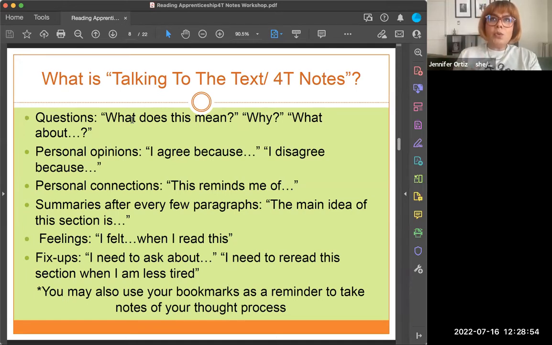Feelings. If you had a reaction to anything you read, keep track of that, like, this made me really sad, or this made me feel very inspired. Fix-ups: I need to ask about this, or I need to reread the section when I'm less tired. Fix-ups are important too, because